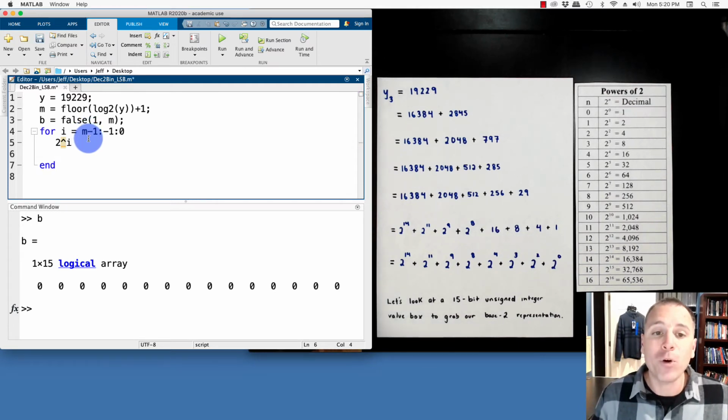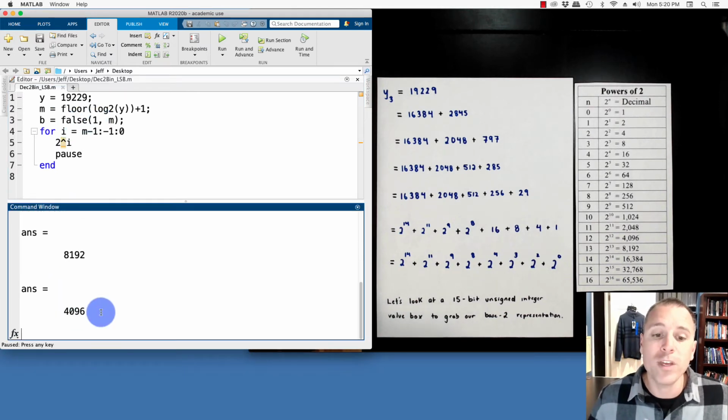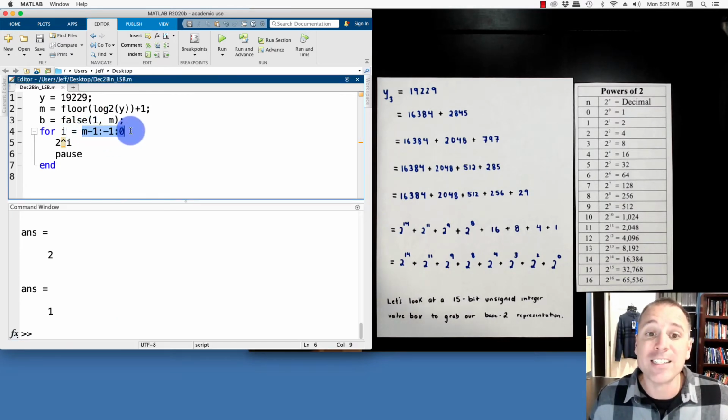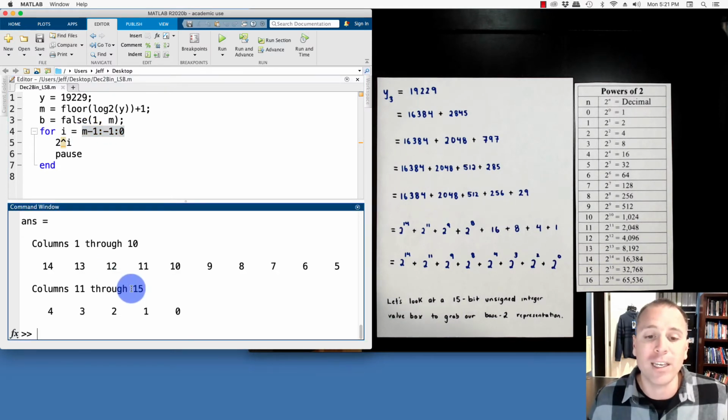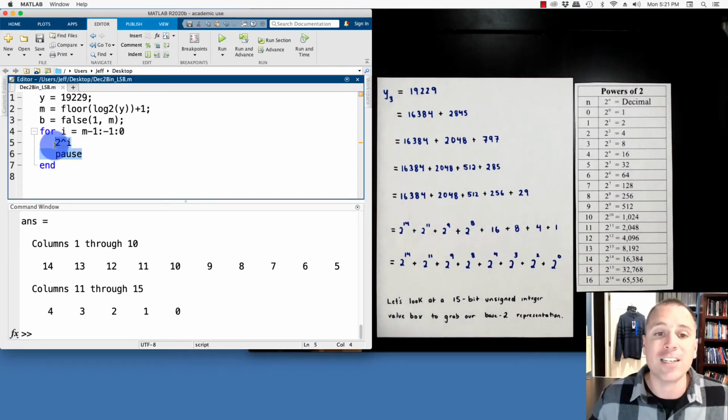Let's go ahead and put a pause in this and then test that this works. Notice that the first power is indeed the highest power of 2 that is less. If I continue to just run through this, I just work all the way down to the last power. So indeed, our for loop index is running over the right vector. We can also check that quickly by just checking 14, 13, all the way to 0. Okay, so now the index variable is set to be the proper thing.